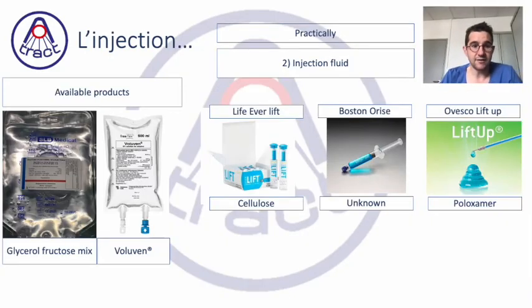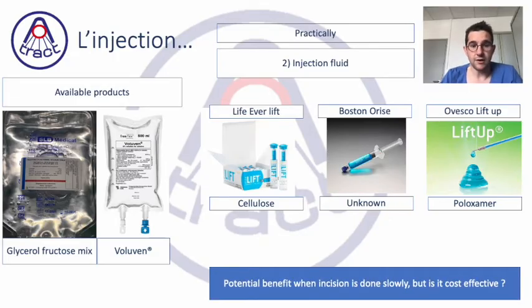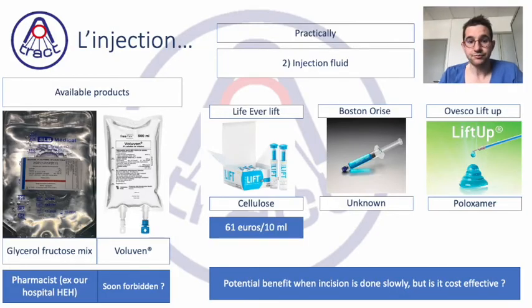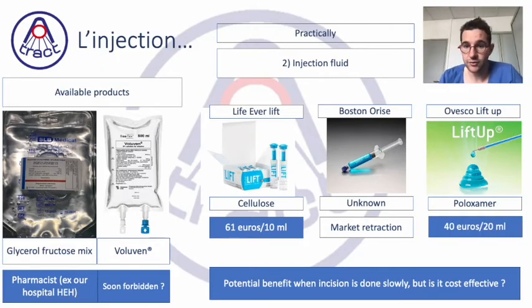What about the market? Glycerol mix is available in some pharmacies, like in our hospital. They produce it. The Voluven, which is hydroxyethyl starch, will probably be forbidden in the future for renal effects. The Everlift from Duomed is made of cellulose. The Boston Arise had an unknown composition, and the Ovesco Lift Up was a poloxamer mix. The prices are here: 61 euros for the cellulose, 40 euros for the Lift Up, and for the Boston Arise,